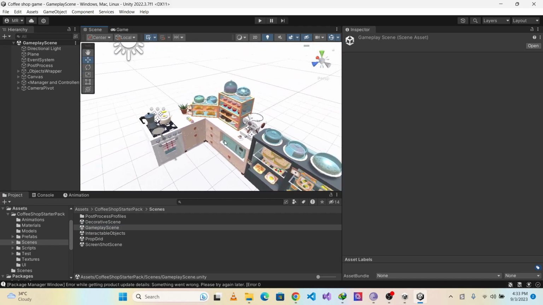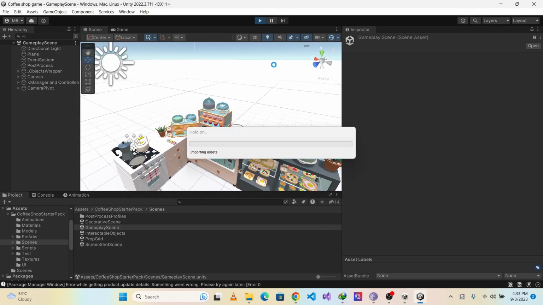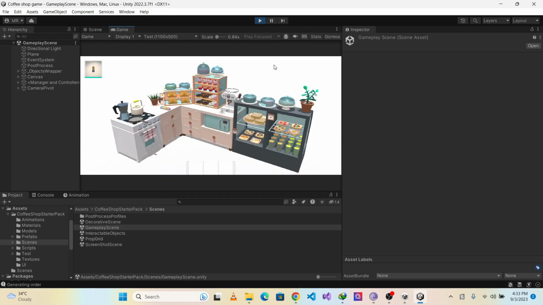This is the gameplay scene. And let's play. So you see, here is also a demo gameplay. We can take cakes, bakery items, it's cooked. See, that's how. So we are going to make this scene